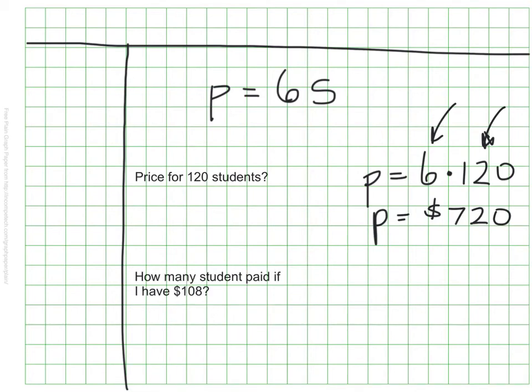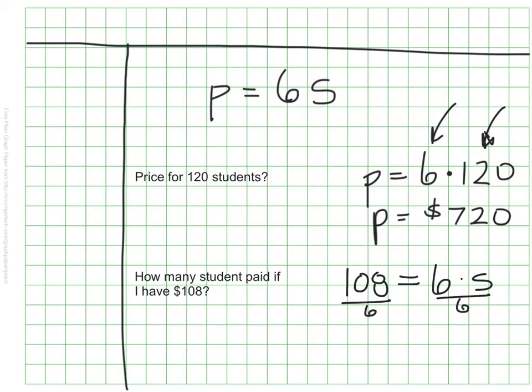We can also use our equation to work backwards. So in this case, it says how many students paid if I have $108. So in this instance, I know how much was paid. I know that there was $108 paid. I know that it's $6 for every student, but I don't know how many students. So this will require me to do some backtracking. Since 6 was being multiplied by the number of students to get 108, I'm going to backtrack by dividing 108